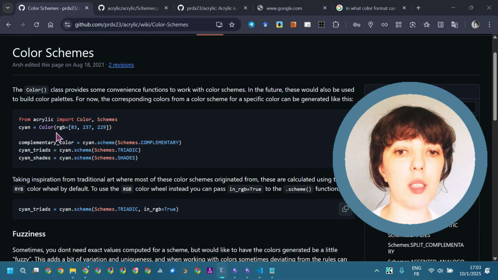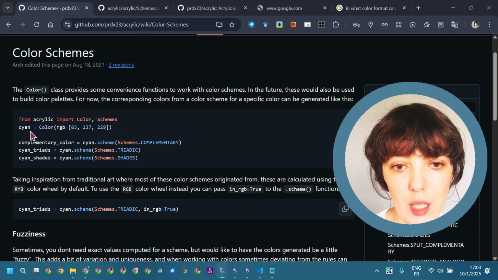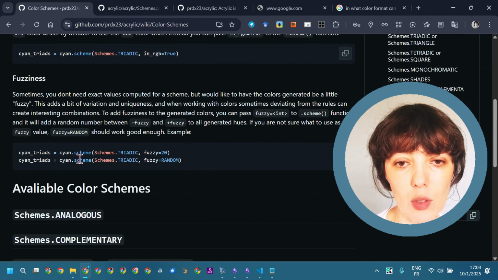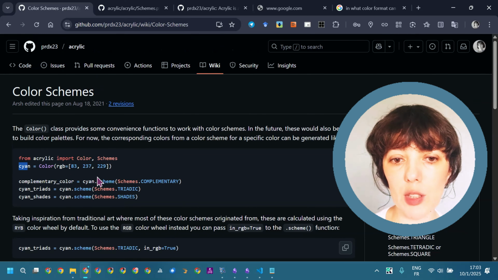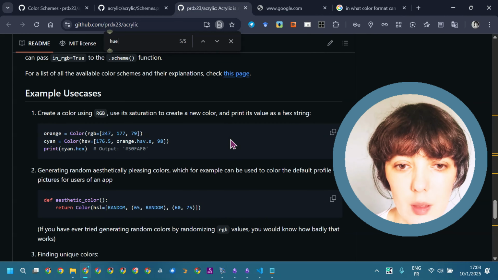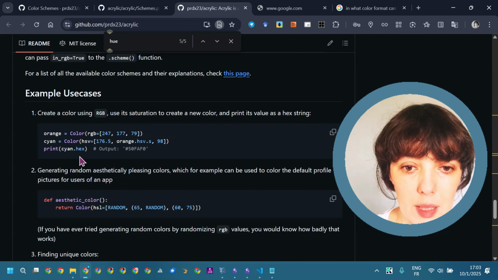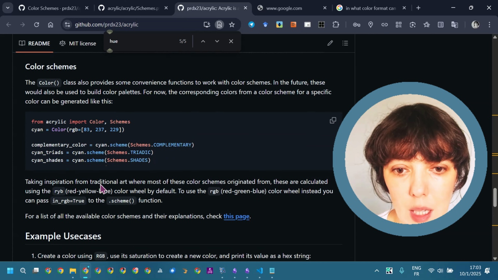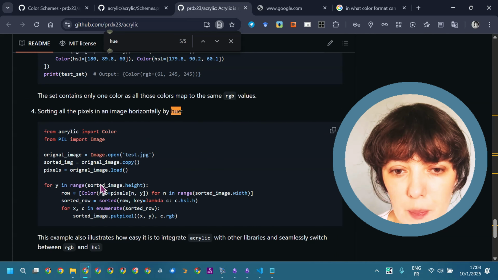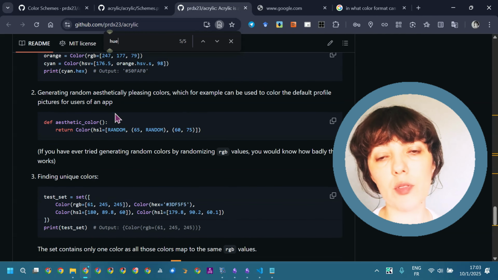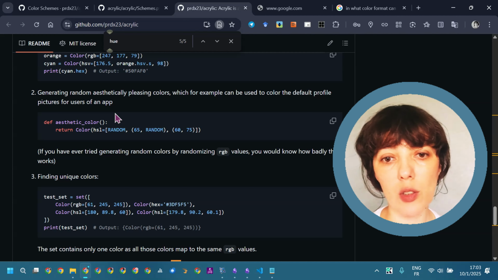So you say RGB is equal to these values, and then given that color you can simply access the corresponding value in the corresponding format. Since the variable name corresponding to the color is cyan, just by cyan.hex you will access the hex value of that color, or you say cyan.HSL, you will access the HSL color, then the values, for example HSL.L, you will access the L value